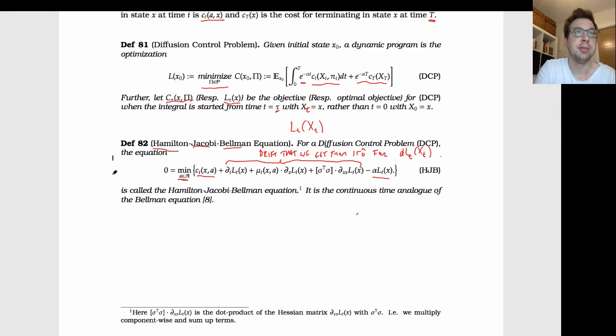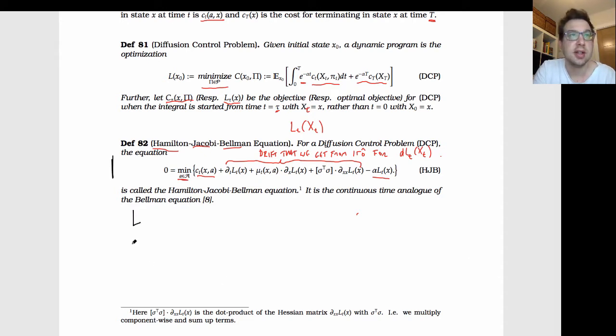This is our formula. The one thing to remember is that if I have some sort of optimization like this, and I want to look at the HJB equation for the loss function here, for the value of the system,